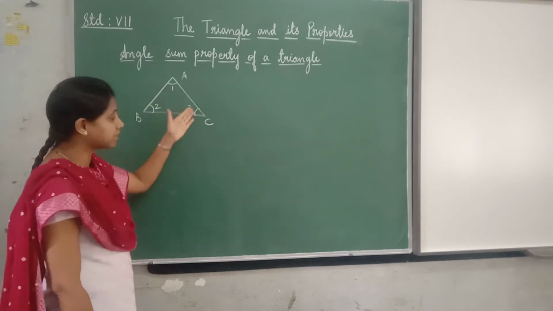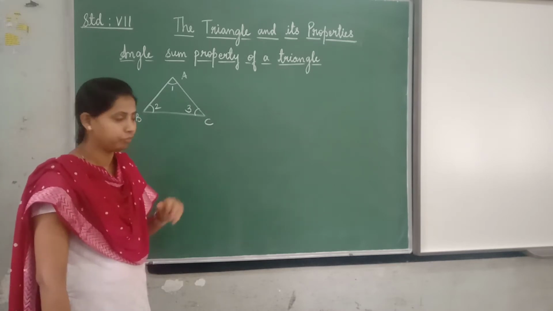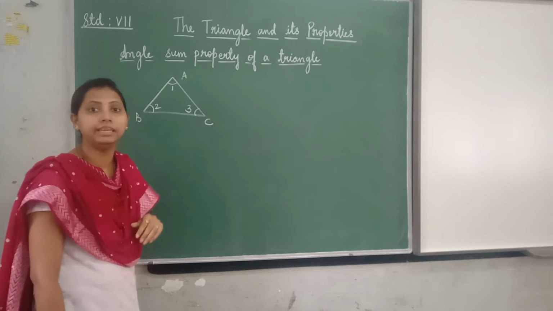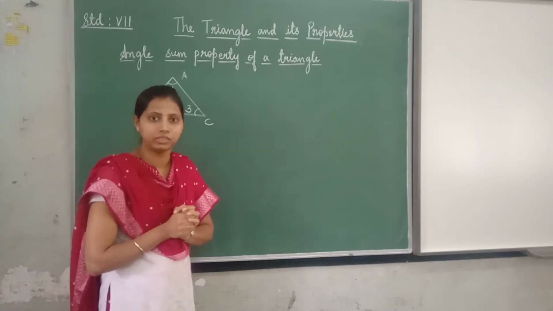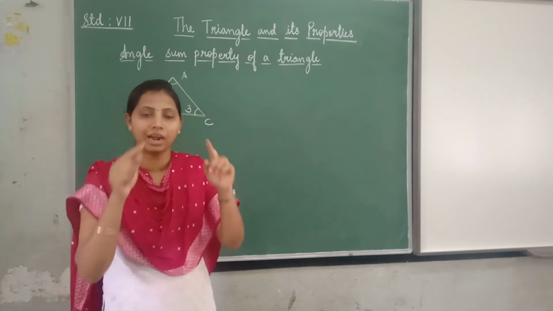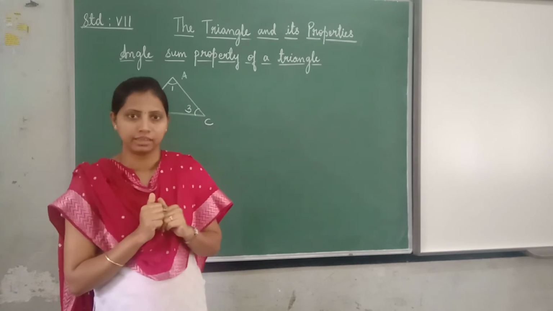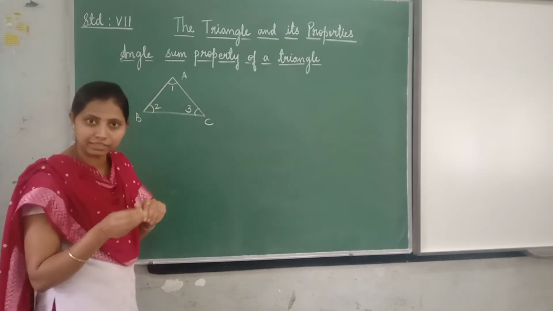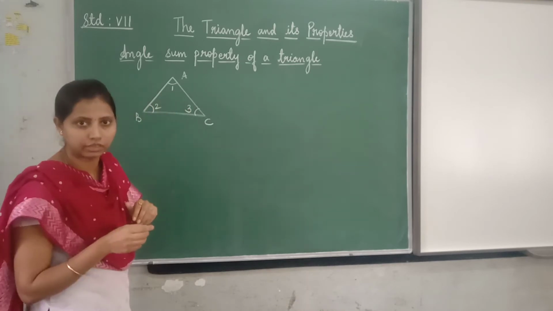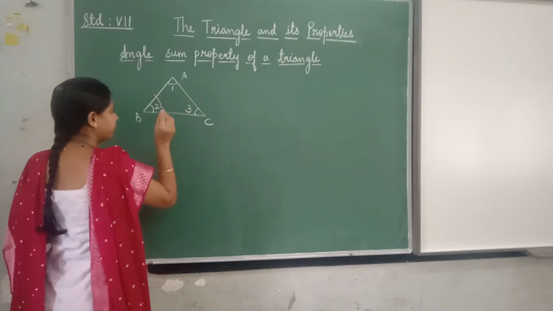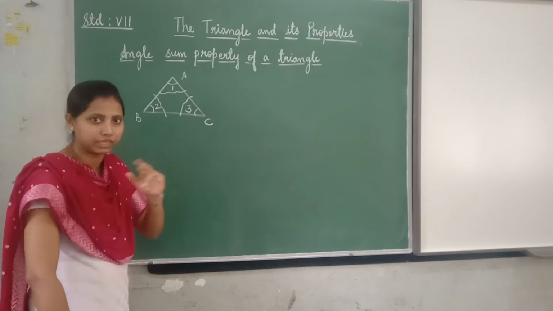So a triangle has 3 interior angles. What will be the sum of these 3 angles, children? Today we will study this. For this you can do an activity, children. Take a paper and draw any triangle on it, and cut out the triangle. After cutting the triangle, name the 3 angles 1, 2 and 3. And cut them, like this. Cut the 3 angles of the triangle with the help of scissors.